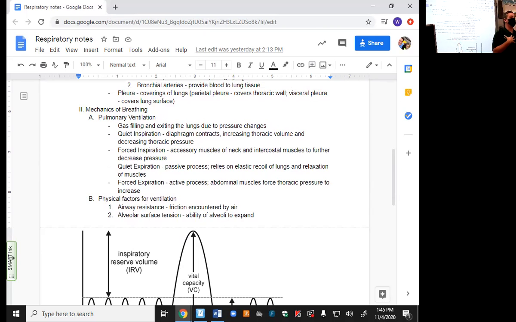Now, how do we change the pressure in our thorax? Diaphragm contracting. Very good. Okay, so the diaphragm has what shape? And I know my folks that dissect it know it. So I'm about to make my ugly little drawing of a person. Let's see here. I'm going to see how bad I can make it work.